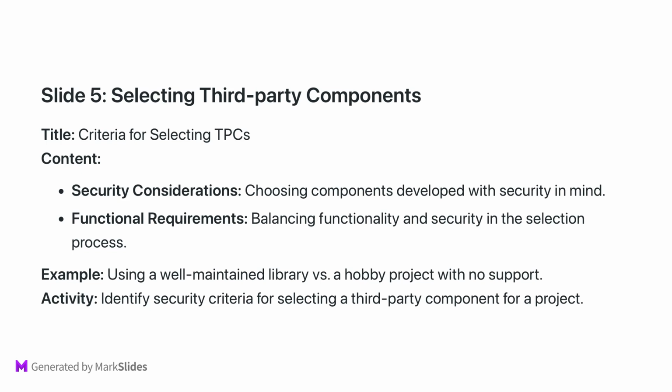Now let's put this into practice. I want you to think about a third-party component you might consider for your current or future projects. What security criteria would you establish to evaluate this component? Take a moment to identify at least 3 security-related criteria. This exercise will help you develop a systematic approach to selecting third-party components that align with both your functional needs